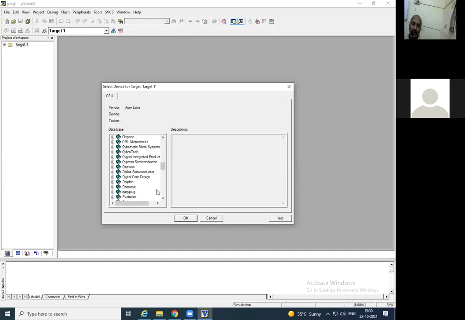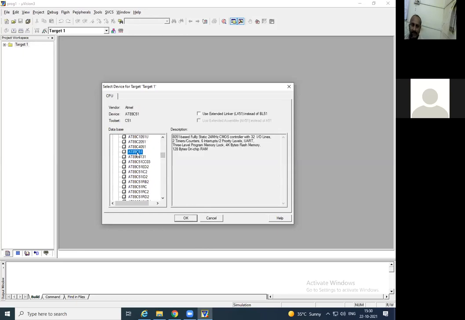A lot have been added. From that we are supposed to choose Atmel 89C51. You should note that down, 89C51.